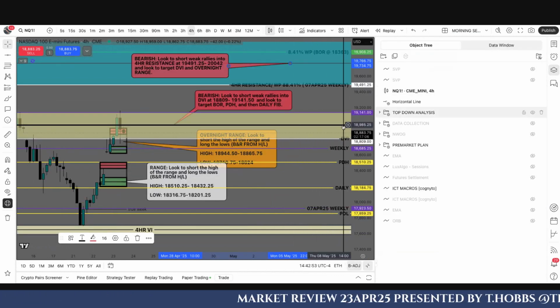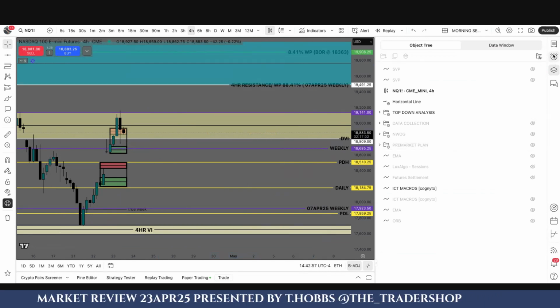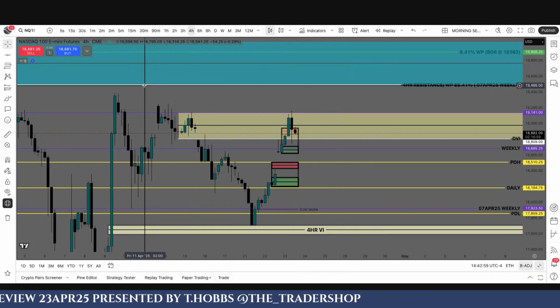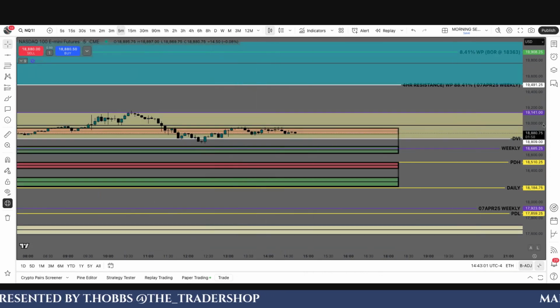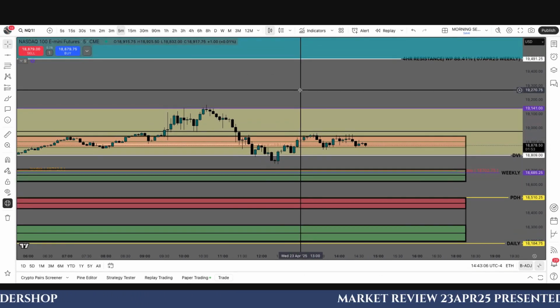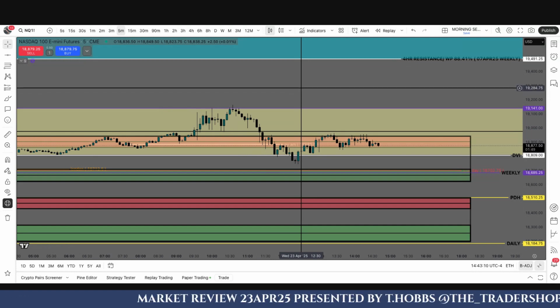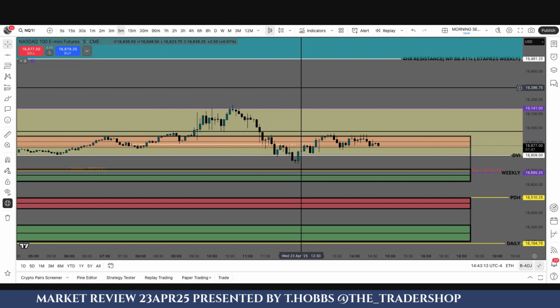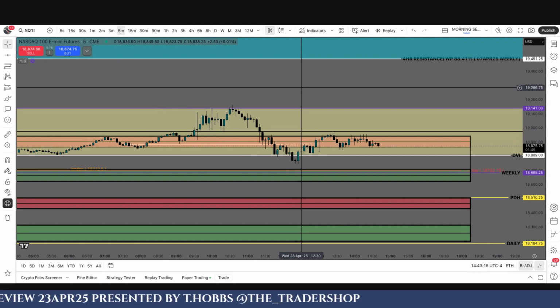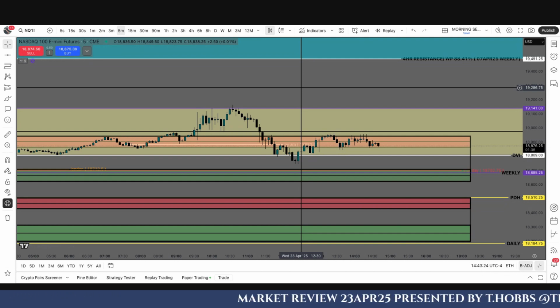So let's get a little closer to price and I'll break it down. That was my pre-market plan. I did follow my plan. Like I said, I ended up taking five trades inside of this range, and every single one of them I call out in the Discord. I trade live every day. Inside of the Discord, I don't share my screen, but every time I enter a trade, I tell the Discord members that I'm entering the trade, and then I post a screenshot of the trade inside of the Discord.